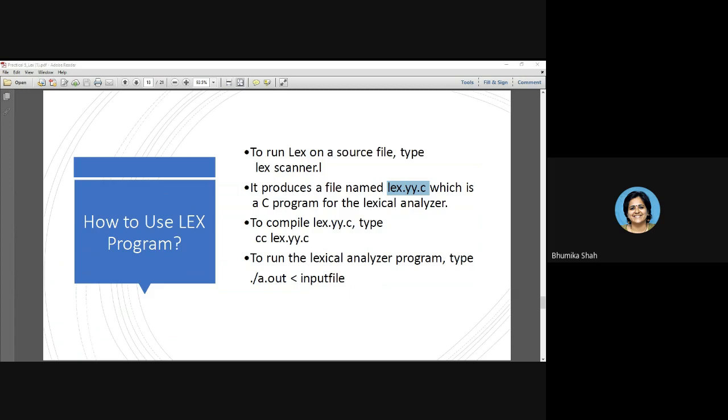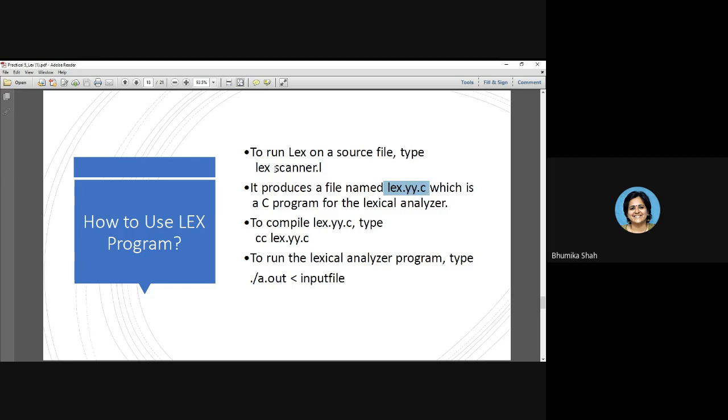Okay, so that will be created in your current directory if you don't have any error. But if it has any error, then it will show you errors. So if you get any error after this command, you have to go back to your scanner.l or scanner.lex program and correct those errors. After correcting the errors, once again execute the same command until you have no errors. So once you have successfully completed this, in your directory you will have this file lex.yy.c.